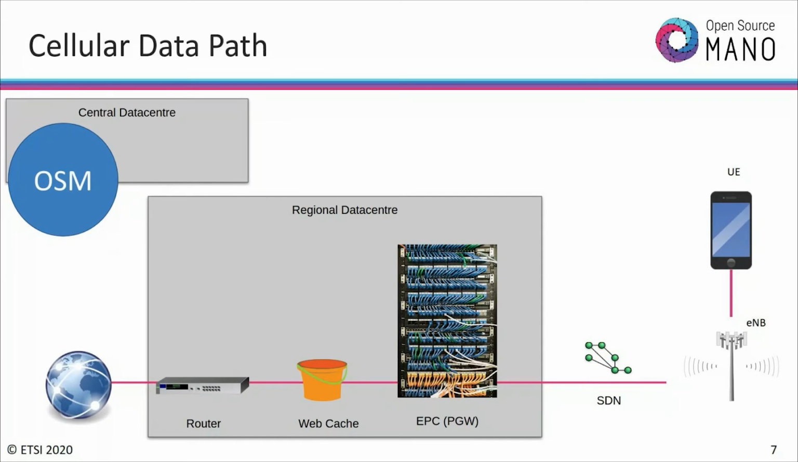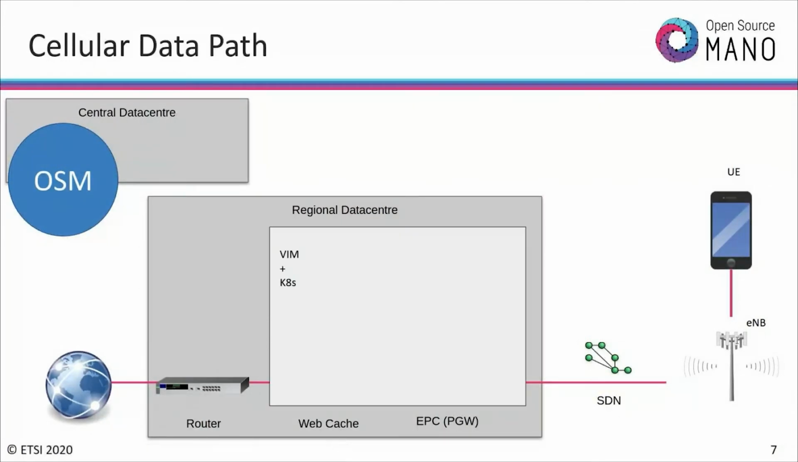So the first thing we're going to do is take this packet gateway, this rack of servers, and the web cache, and convert them to virtual functions by first setting up a virtual infrastructure manager, in this case OpenStack, and a Kubernetes K8s cluster to consume Docker images and be managed through Kubernetes. From there, we're going to be deploying the Magma orchestrator, which is a series of KNFs, or